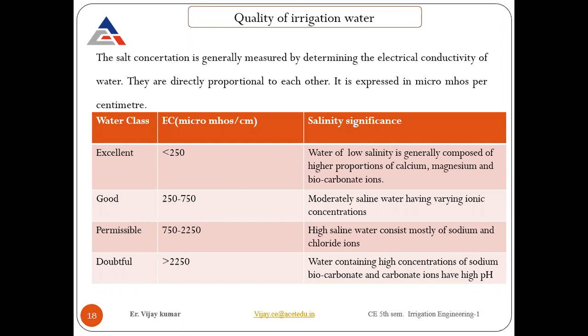So next, there are some other things we need to find out. Salt concentration, which I just discussed with you, can be measured by the electrical conductivity of the water. Salt content shows some electrical conductivity, so we can directly relate the two in proportion. If electrical conductivity is higher, you will see there is more salt content. There is a table which you can see.